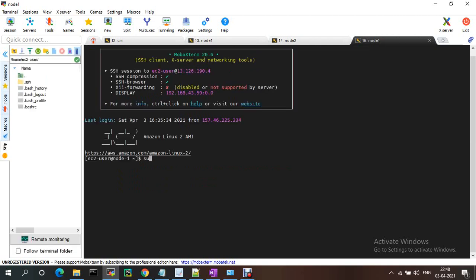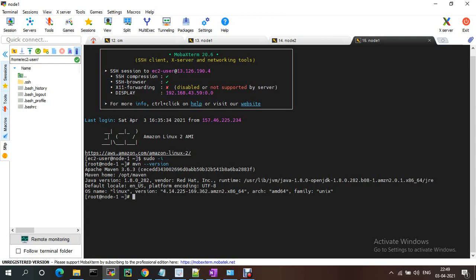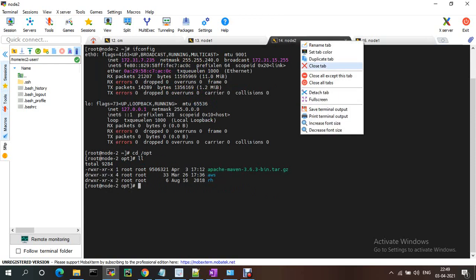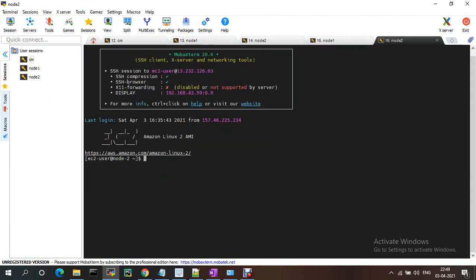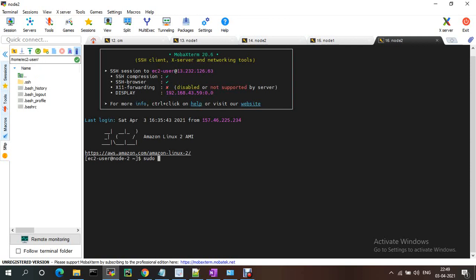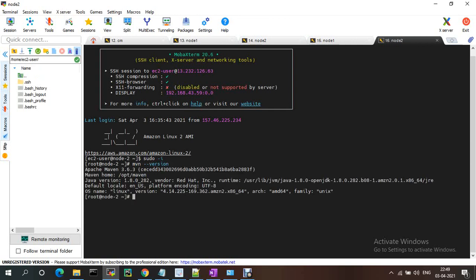Sometimes it is not picking. Okay, on node one, mvn -version. See, it should be installed on node one. Same, if you take a duplicate window, sudo -i and mvn -version. See, it is installed on this one.